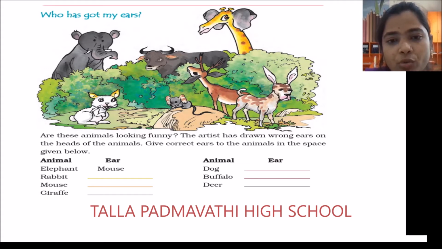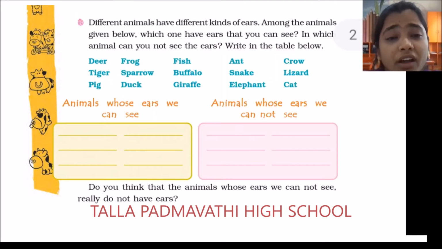Next, you need to go to which animal here? Dog. So where is the dog? This is the dog. These ears are big, so the big ears belong to a rabbit. So you need to write here as rabbit. Next you need to go with the buffalo. Just go with the picture. Here it is. Buffalo is having the ears of deer, and the deer is having the ears of buffalo.